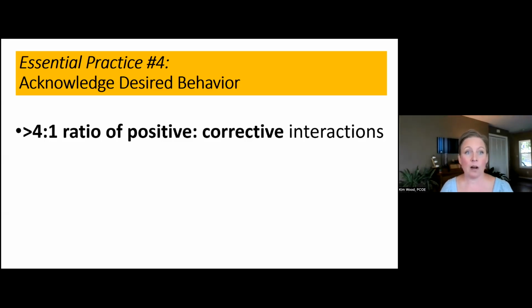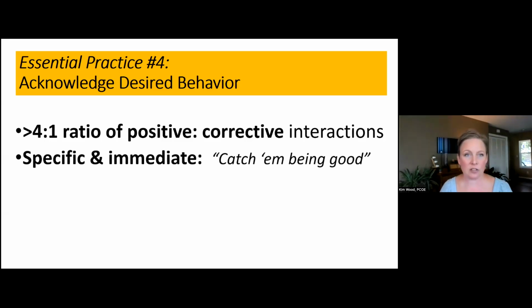So one of the many great things about LiveSchool, obviously, is you can track that, sometimes if you're using corrective tracking in there as well. But just having LiveSchool be such an easy system to use, it can increase the frequency of positive interactions from staff. Another key piece of any acknowledgement system is that it has to be specific and it has